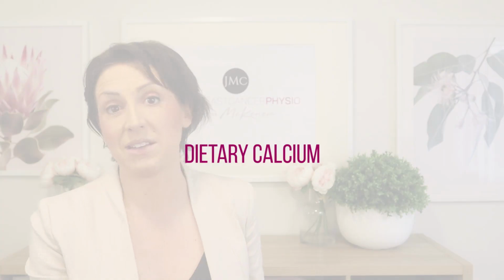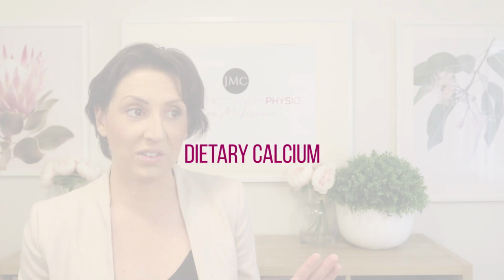And that's fine. It's not like I'm against the medication or the supplements. And there's definitely research evidence to suggest that both of those things can improve bone mineral density. Just as a side note, another natural thing that you can potentially look into is absorbing calcium through your diet. So I've definitely seen improvements in bone mineral density, literally looking at the graph where someone has jumped from the red zone back up to the yellow or the yellow back up to the green,